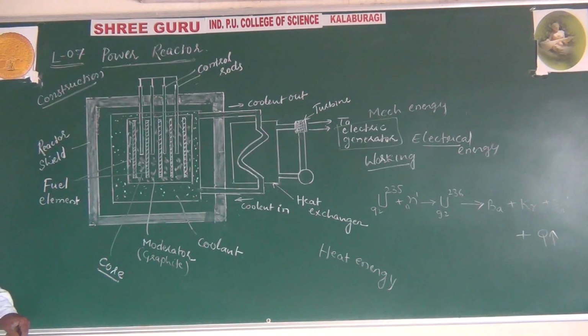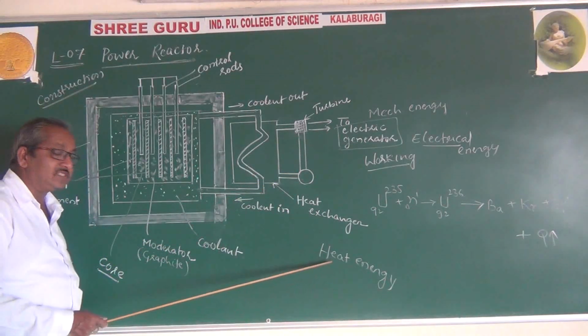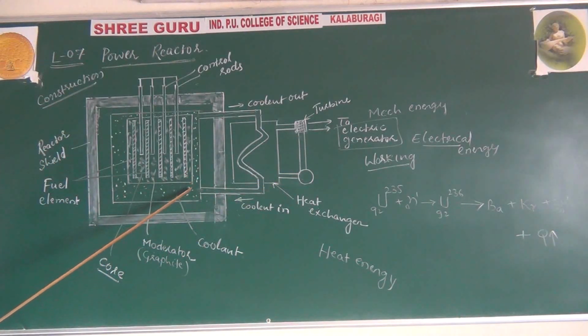So in the reactor core, a controlled chain reaction keeps taking place continuously, and the controlled chain reaction causes a continuous amount of energy to be released in the form of heat energy. This heat energy comes from the core. This is the core; we also call it the core. From this core, the energy comes out, and this energy will be supplied.